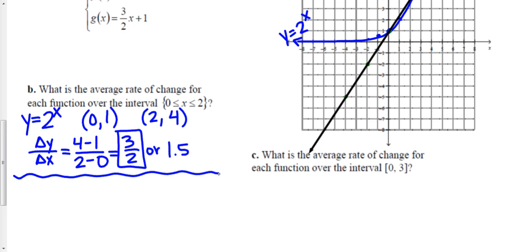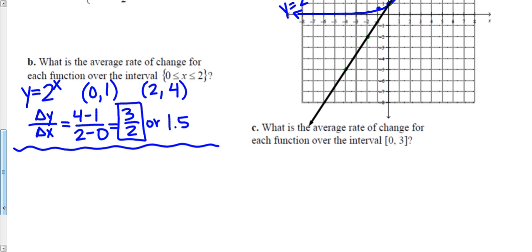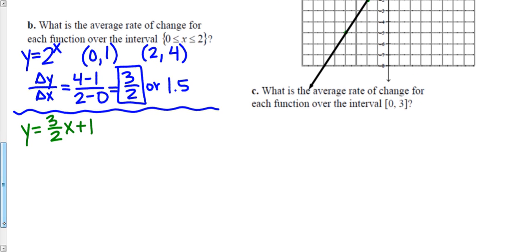Then we'll do it for my next function. My next function, I have y equals, well, it's g of x, but same difference. It's y equals 3 over 2x plus 1. And then to find the average rate of change for each function, there's a couple things that I want you to remember, and we'll write down in our notes, is that average rate of change